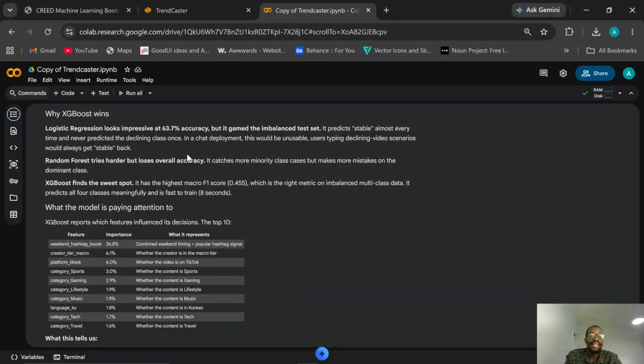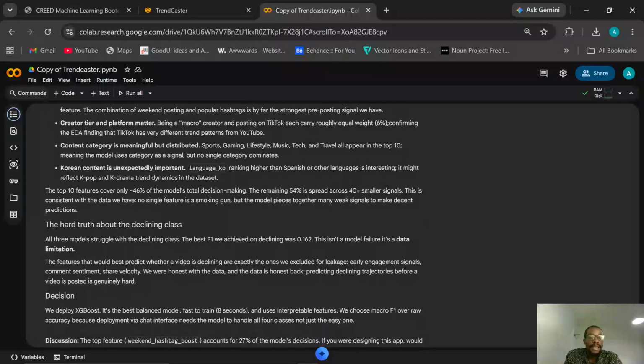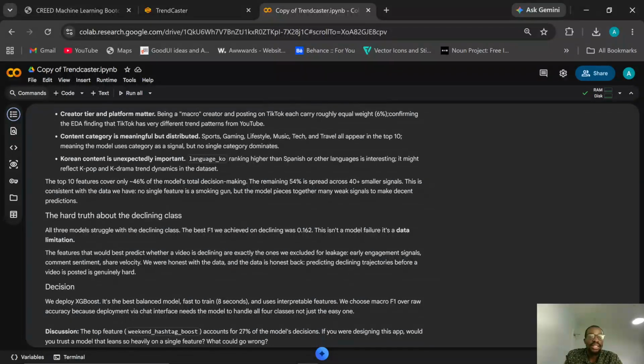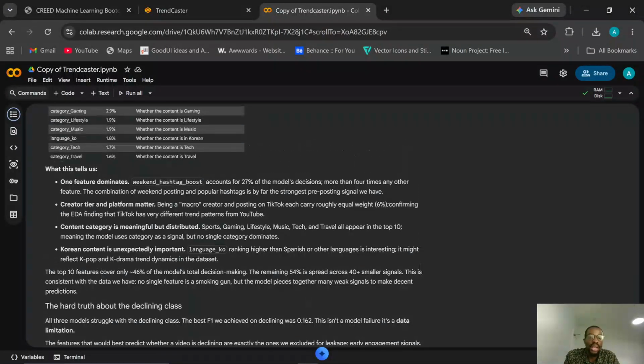It has the highest macro F1 score, and it was also fast to train. So what this tells us is the hard truth. These are some of the things that we also noticed in our feature importance.